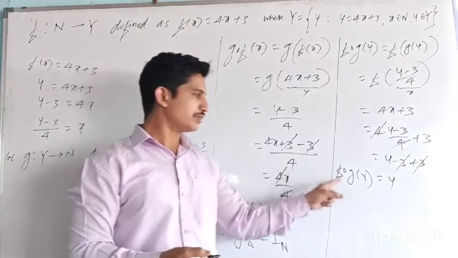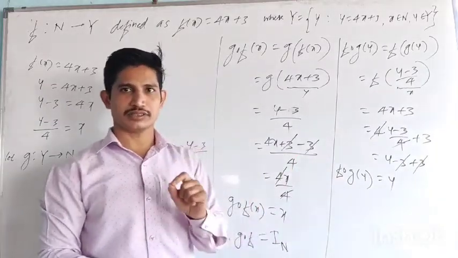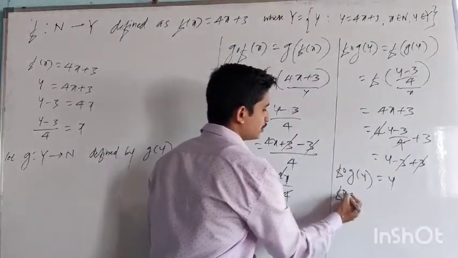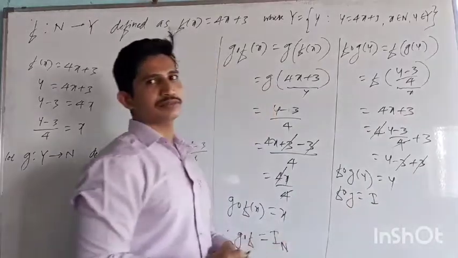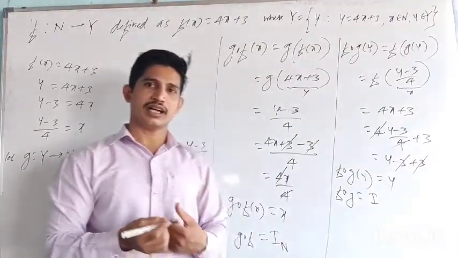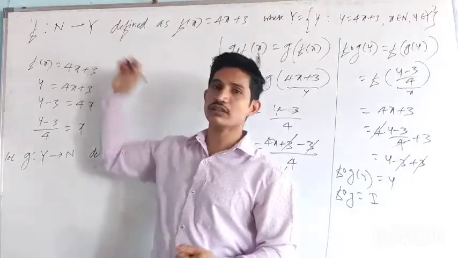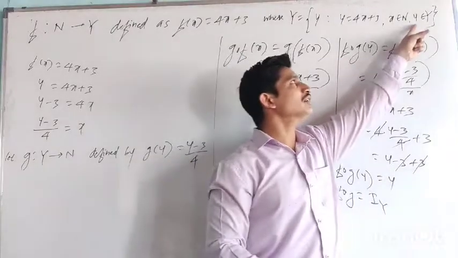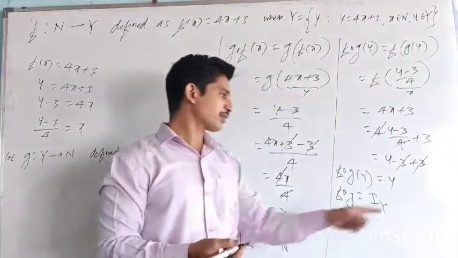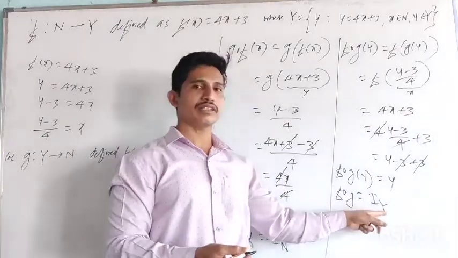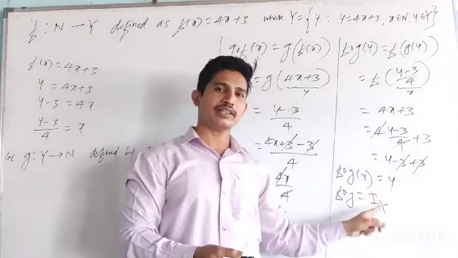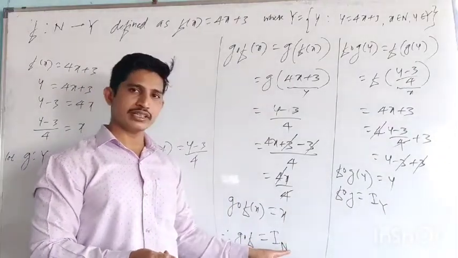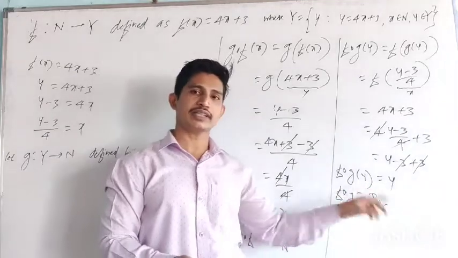That's why this function is also what here? Identity function. If y is coming, this function is called the identity function. F composition g is called the identity function. Now identity of which set? Identity of the second set, which is set Y, because the y value is in the set Y. So F composition G is the identity of the second set. In short, G composition F is always the identity of the first set and F composition G is the identity of the second set.